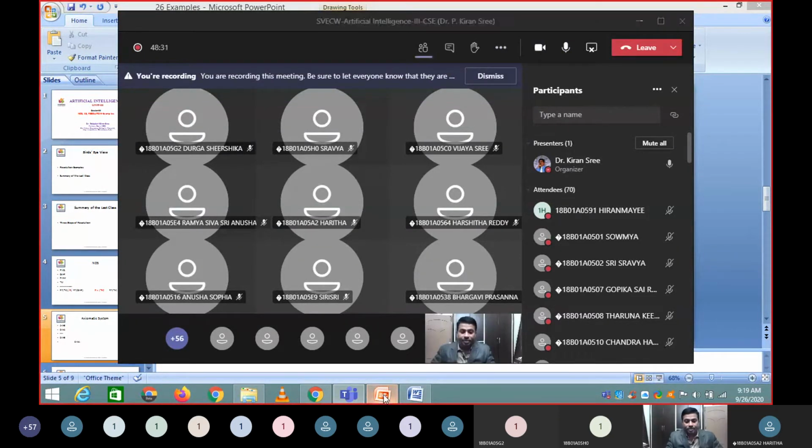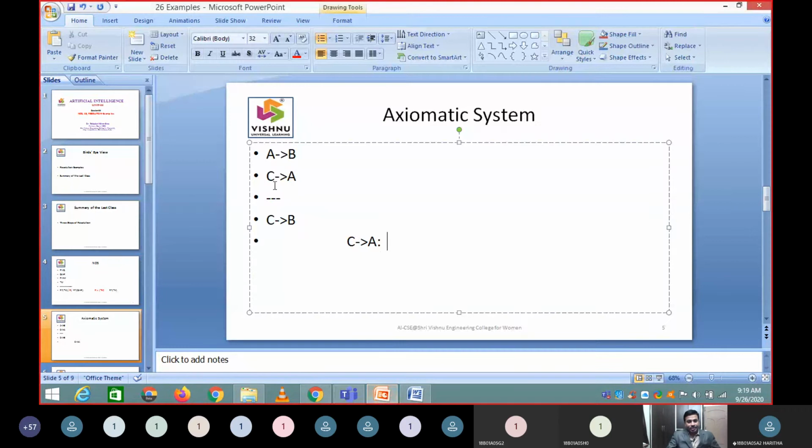Okay, we'll continue. If I take C to A and wish to apply the first rule, saying that C to A itself is alpha, then I have C to A is alpha, and since C to A was taken, I can take B to C to A.